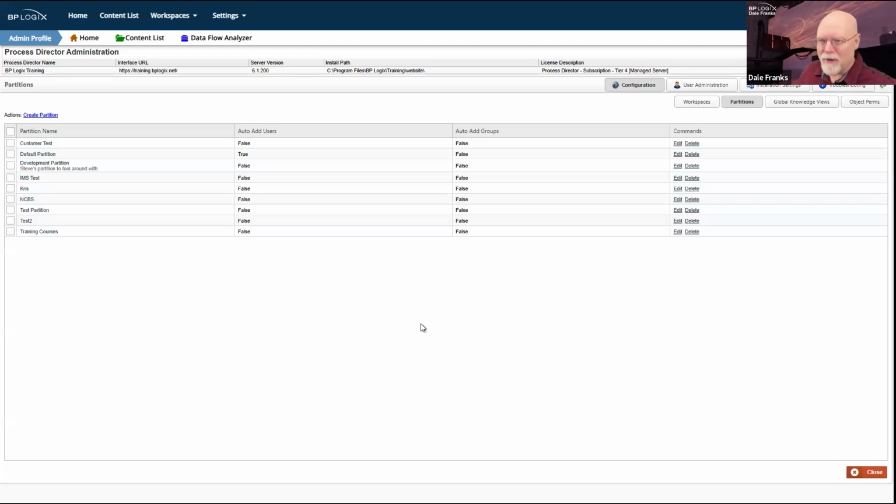That means if, let's say, we provide a new download for custom tasks, well, now there's two places that you have to import it instead of one place. So having partitions makes everything that you need to do as an administrator just a little bit harder because you have to duplicate a lot of effort between multiple partitions.